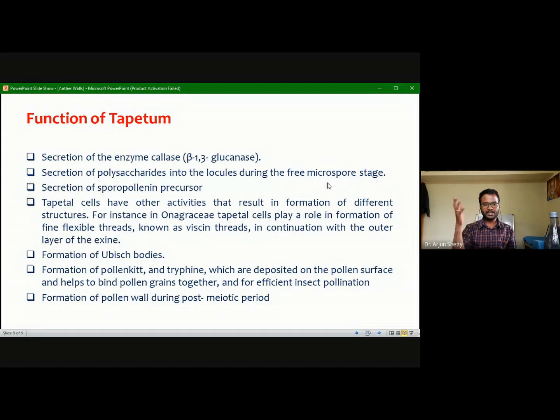This pollen kit is quite hydrophobic, and it contains some specialized compounds by which most insect pollinators are attracted, by the scent or the odor. Again, those components are present in the pollen kit, as well as the formation of the pollen wall during the post-meiotic stage, which is also done by the tapetum itself. These are some important functions of the